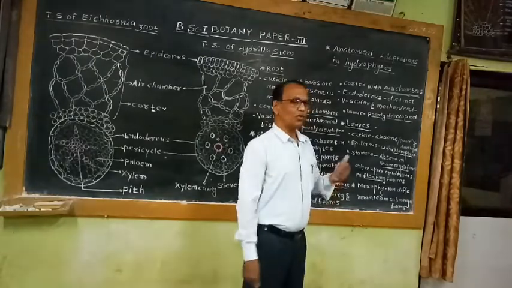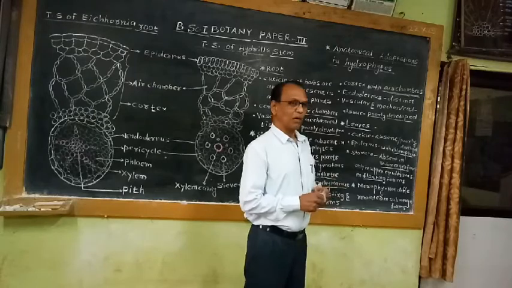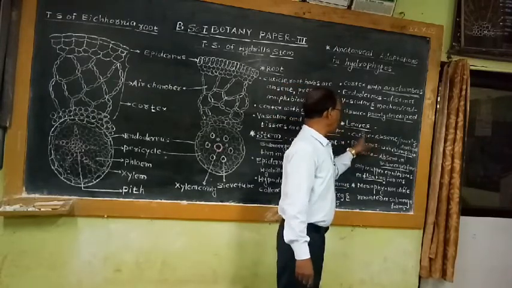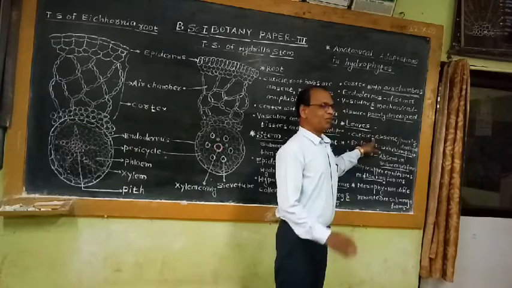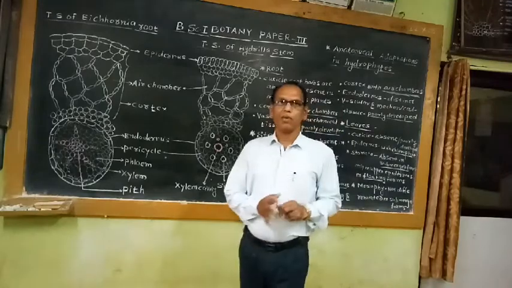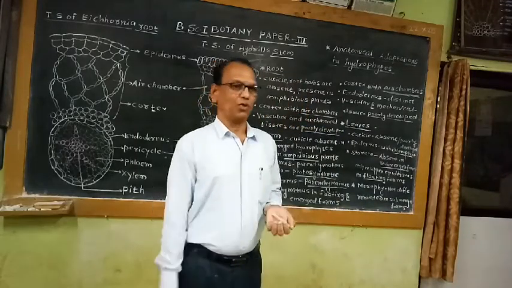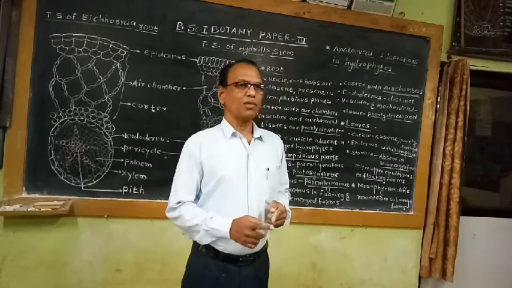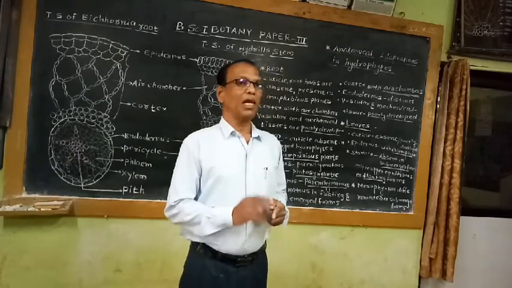The epidermis layer is without cuticle. That means absence of cuticle is shown by some plant leaves, while cuticle is observed in floating hydrophytic leaves. If we take the transverse section of a floating hydrophyte, the upper epidermis of the Eichhornia leaf shows a thin layer of cuticle.